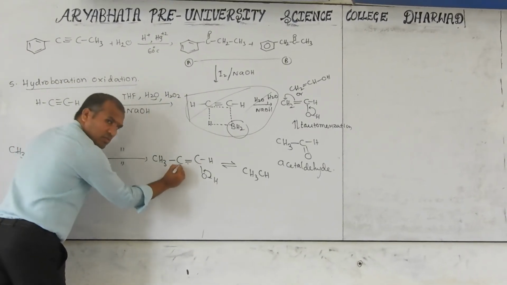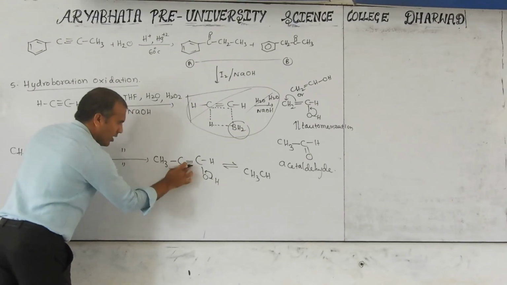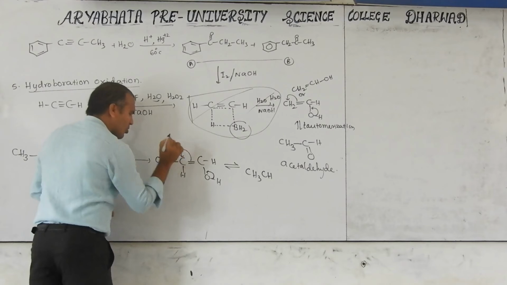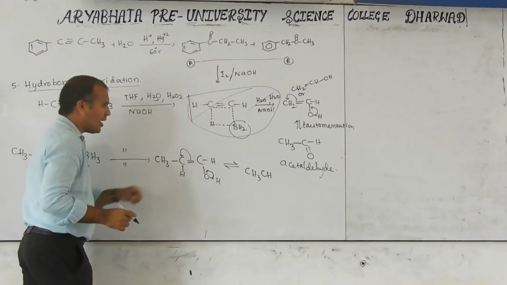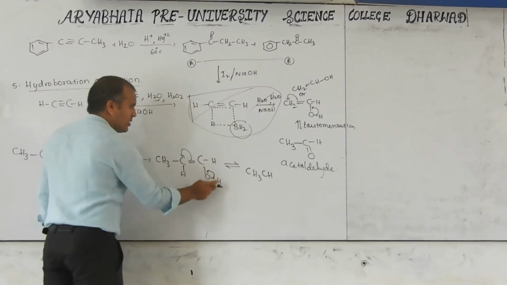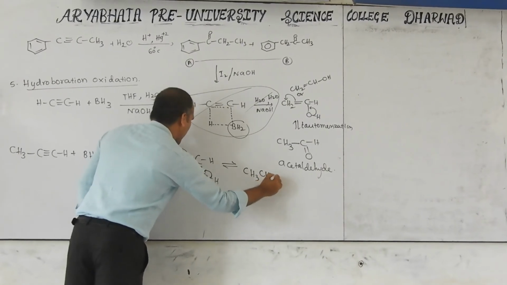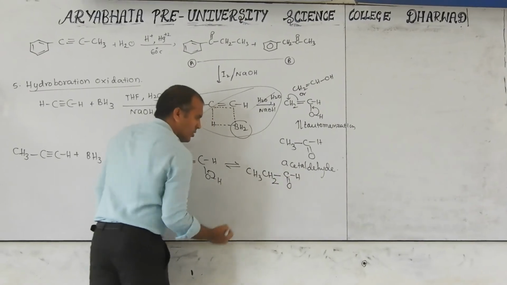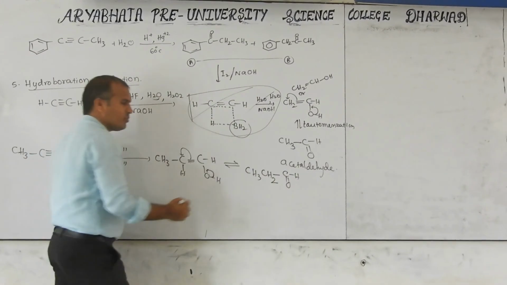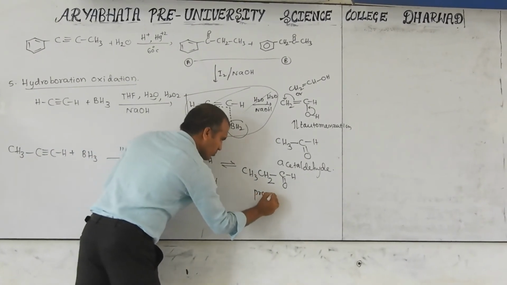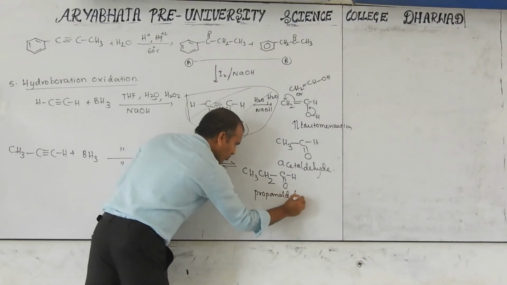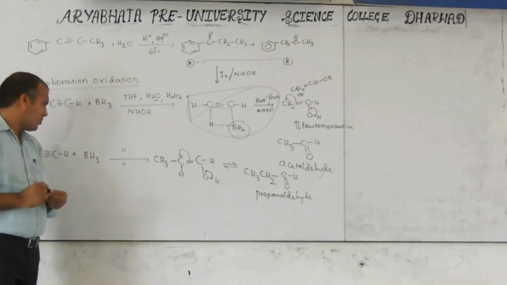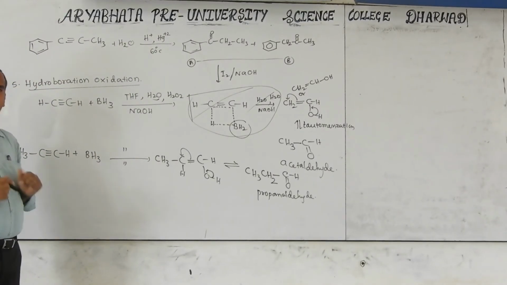Okay, actually here one hydrogen is required. I forgot it here. Then it is tautomerization. Now we can write it opposite, downwards, no problem. Then this H will be added here. CH is there, this H, CH2. And next this will be C double bond O H. This is called propanal. Propanal.